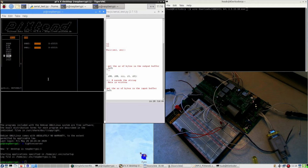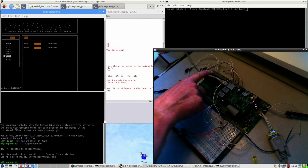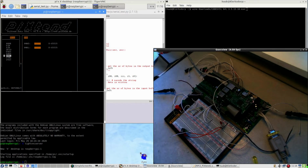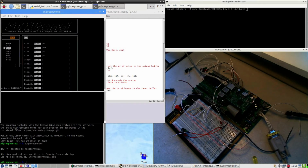In the past it didn't work at all. So pulse modulation is attached to it. It is nicely attached. No motors, but the fact that I could not control it anyway says a lot. So yeah, and of course this time I don't have the oscilloscope attached, but